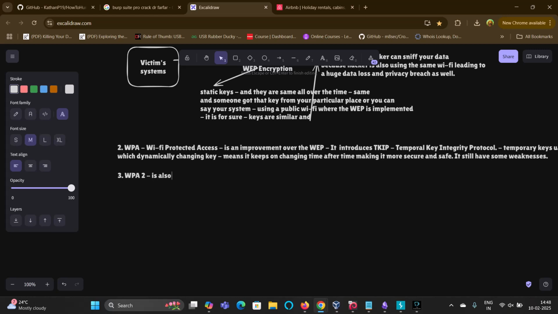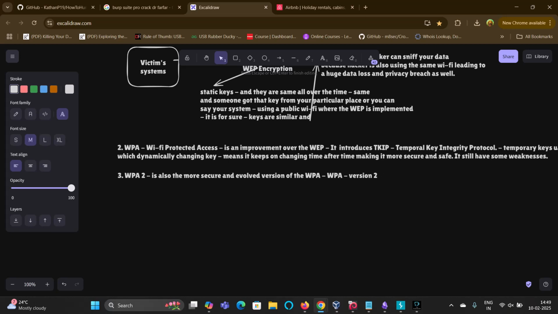WPA2 is also the more secure and evolved version of the WPA. WPA2 means the version number 2 of the Wi-Fi Protected Access. As I have written the full form above, I'm not writing it here. WPA basically means Wi-Fi Protected Access, and 2 means version number 2 of this particular WPA. It is a current standard